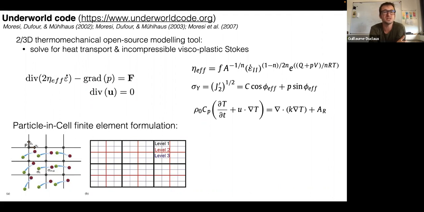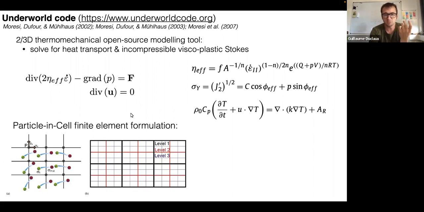It's a 2 or 3D thermomechanical open source tool that is designed to solve heat transport and incompressible viscous plastic Stokes problems. So you have some conservation of mass and momentum in the system. You define some rheology, either viscous or plastic, and some sort of thermal equilibration for the material. And you're going to solve for the pressure and velocity on a set of elements that you define in a